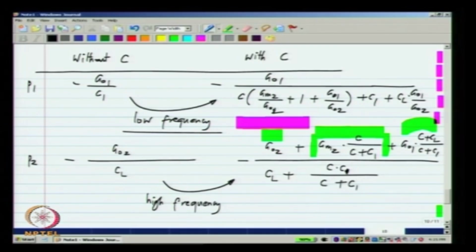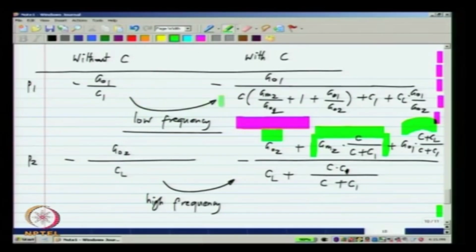We considered the case without C only because the poles were easy to calculate, and also it turns out that it is a common scenario. You have one amplifier after another, and if you cascade a number of amplifiers, you get a number of poles from each amplifier's output. Now, in our case we have two amplifiers one after another, and our op amp looks like such a structure with two amplifiers and a capacitor connected from the input to output of the second stage. And when you do that, it turns out that one pole moves to the lower frequency and another pole moves to a higher frequency. So, such a thing is known as